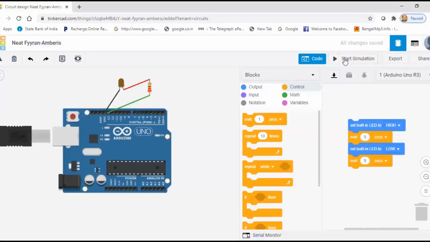Then start simulation again. Now this time the LED will be on for 5 seconds and then off for 5 seconds.